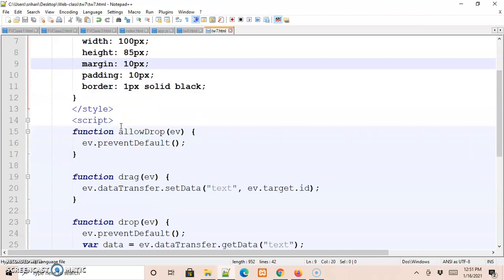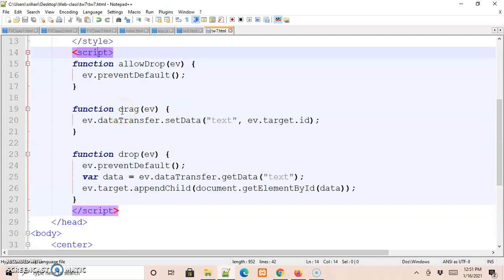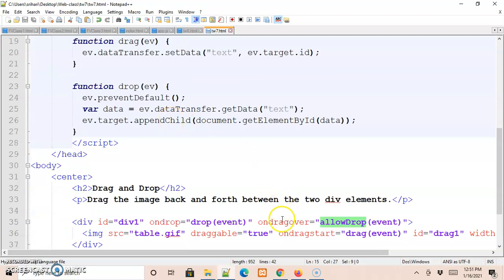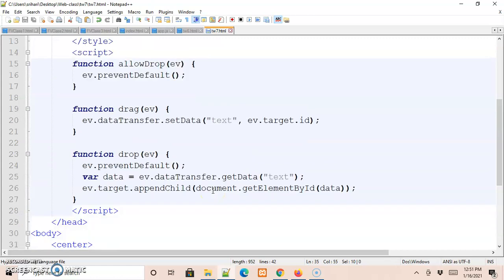Now after this style, we have the script section where we have written 3 different JavaScript functions that we had seen in the HTML part using the attributes. The first function here is allowDrop. This function gets called whenever we drag an element over another HTML element.